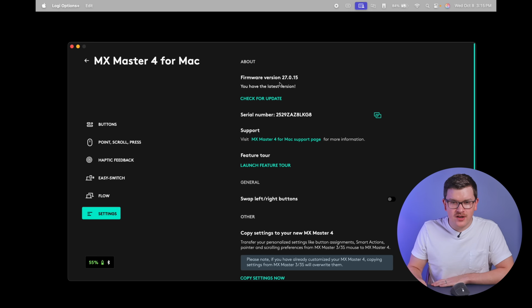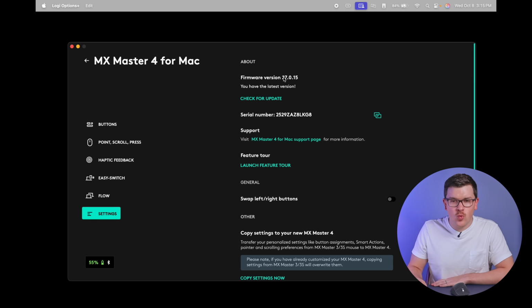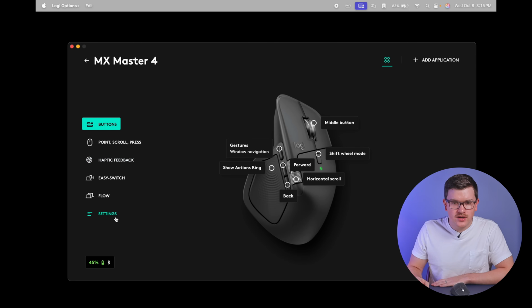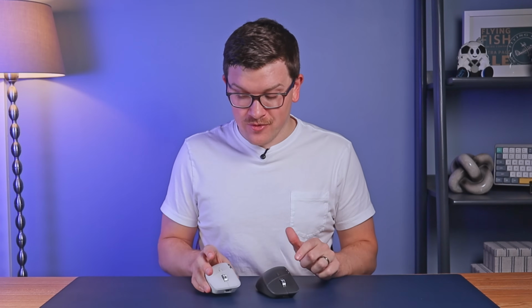One thing that I just thought of is let's look at the firmware. So we've got the latest firmware 27.0.15. So if we go now over to our MX Master 4 settings, 27.0.15. That's a pretty good indication that they are probably the same internal mouse because they're running the exact same firmware version. If they were running different firmware that might be optimizing for Mac, then there'd probably be 2 different